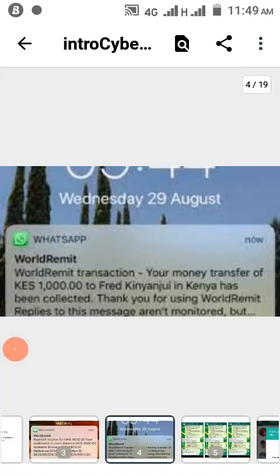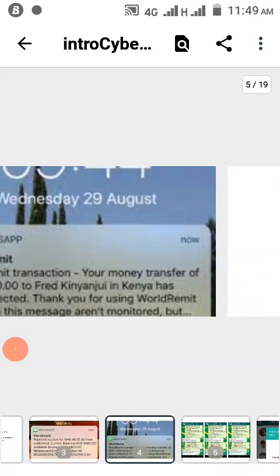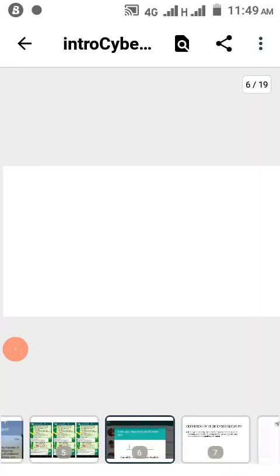This is what happens when an attacker takes over your account. So, WhatsApp developed a security feature known as two-step verification, which is there to help individuals